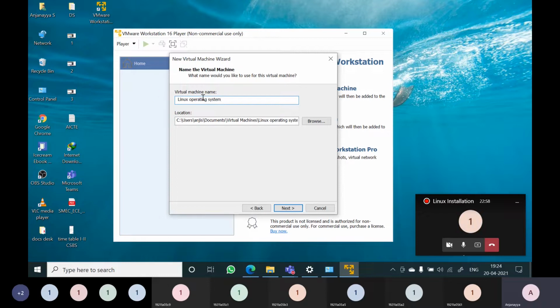Now why I am changing it: you can give your own naming, because sometimes we may need more than one operating system. RHEL 2 operating system we can install in the same machine. RHEL 1, RHEL 2, RHEL 3. So any number of operating systems we can install. When we are discussing networking between the two RHEL, at that time we need two operating systems. So here I have changed the name to Linux operating system or Linux 1.